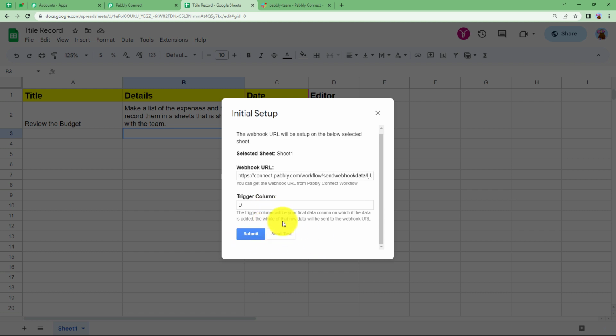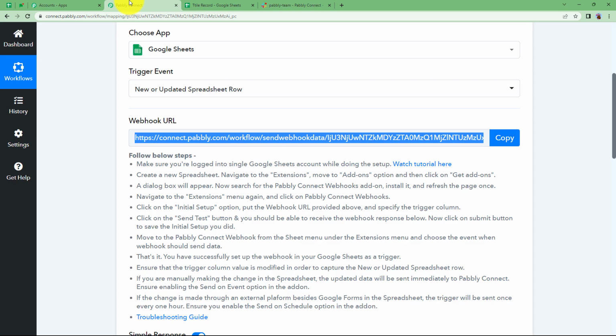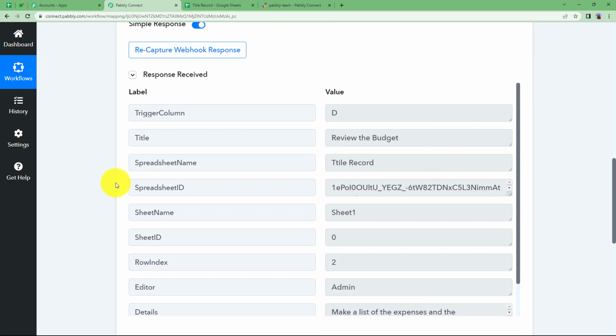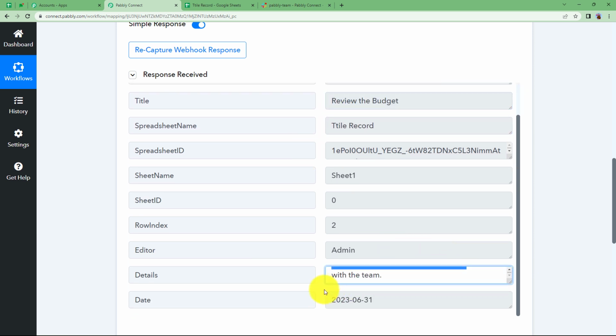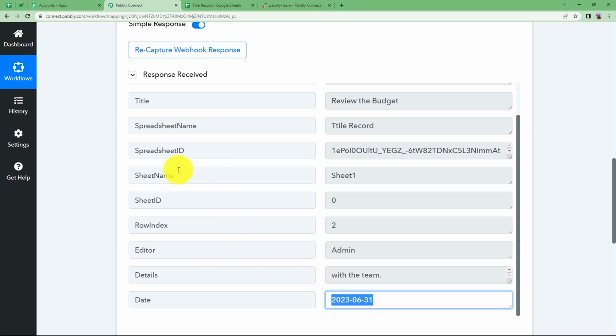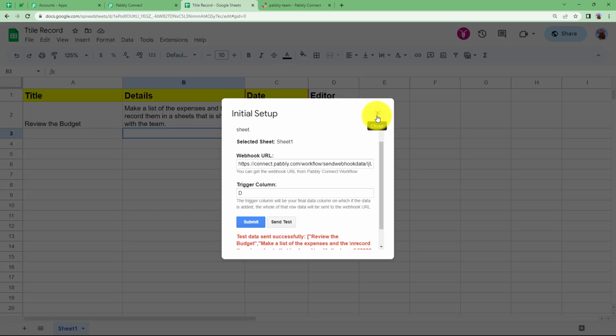And now we will click on send test over here. Now the test is sent. See, this data that is already in the first row is sent. When you go back to Pabbly Connect, you will see that you have received a response: the name of the spreadsheet, then the title of our task, also the description of the task, the editor's name and also the due date of this specific task, which means that we have all the data. Now what is important over here is